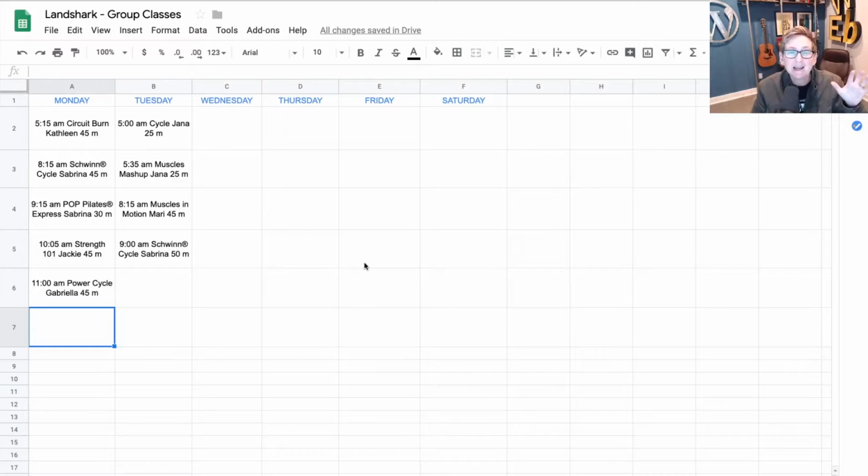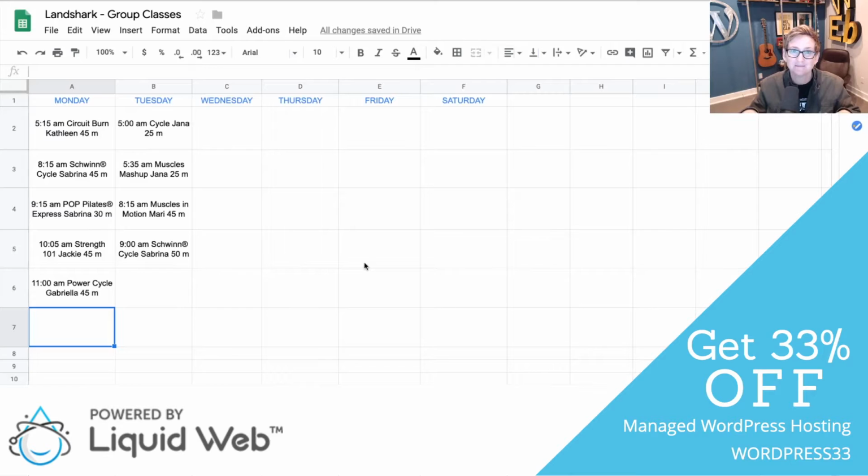Then anytime you ever need to update that PDF file, all you have to do as an admin is come back to this Google Sheet, make your changes. That's it. Seriously, there is no uploading, downloading, changing links. There's nothing. It's in real time this takes effect. That's what's cool about this, is you can easily and quickly make all the changes you need to make, and all of a sudden, they're able to see it in real time. You've never had to change anything on your website.